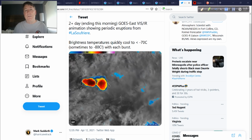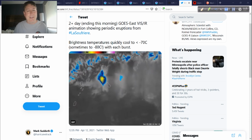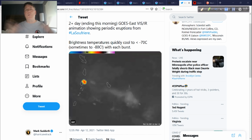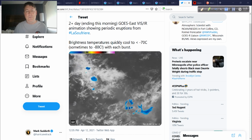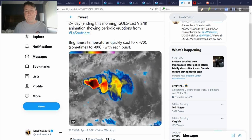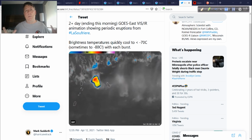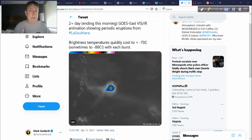One, it's not very large. You remember back in 1991, if you were alive back then, Mount Pinatubo in the Philippines had an enormous eruption. And it was down in the tropics, similar to this volcano. But it was just a huge, massive eruption, and it put a tremendous amount of aerosols, that's the term for it,